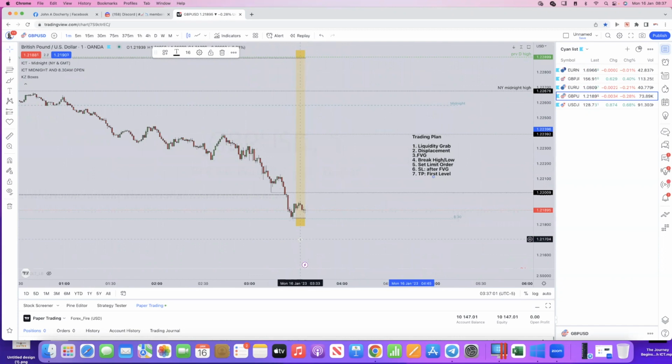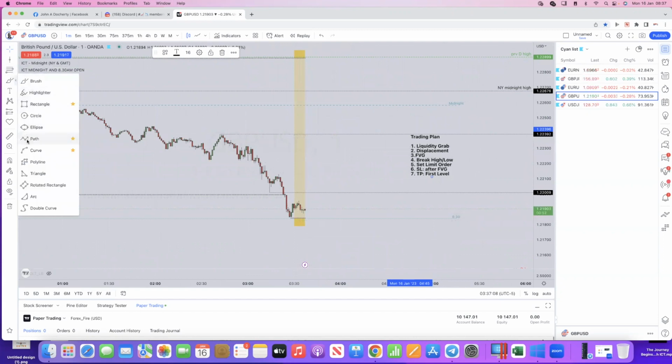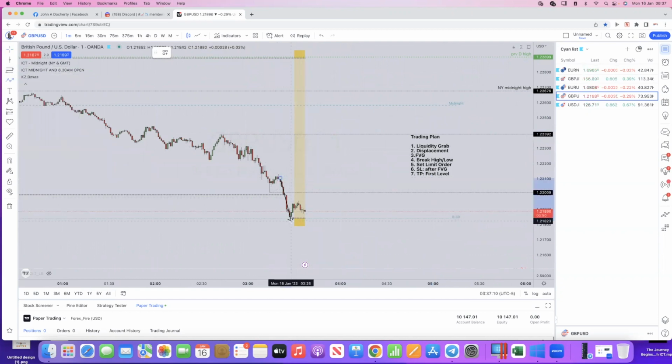And then we wait for the push in the opposite direction for displacement. Okay, so what I'm possibly looking at is this has come down, but it came back up. It's in the kill zone. I think there may be a sweep, then we may come down, then we may get that displacement, and then